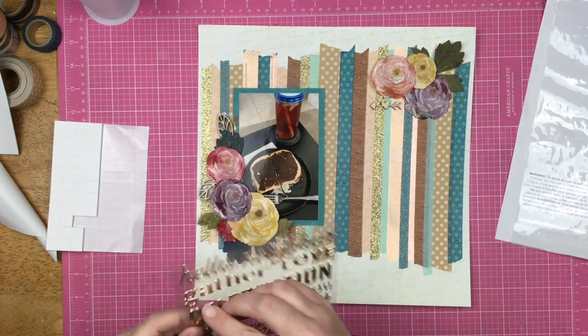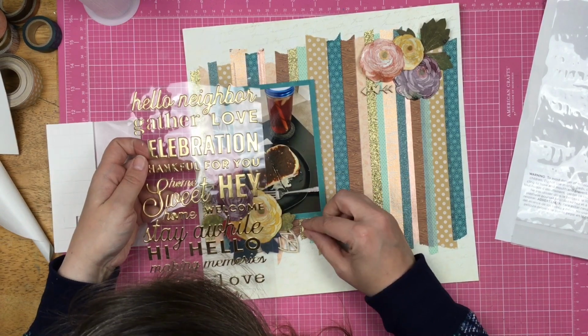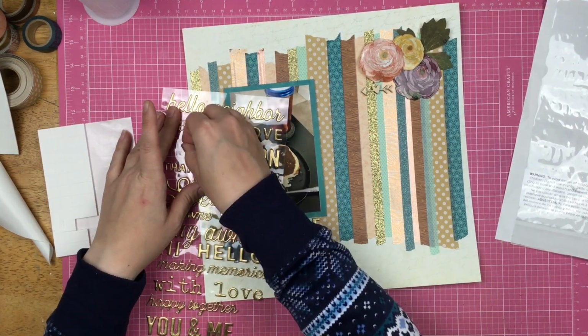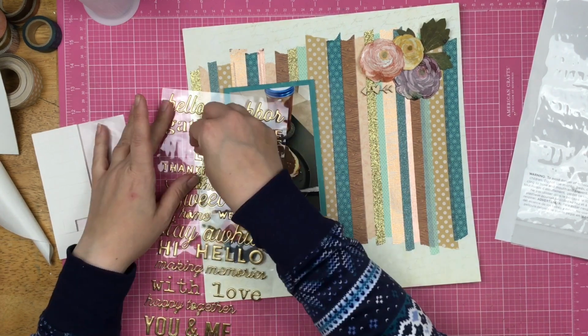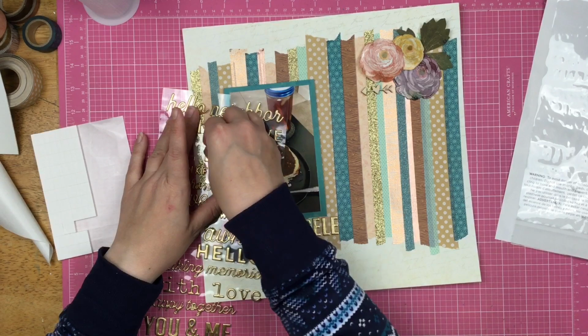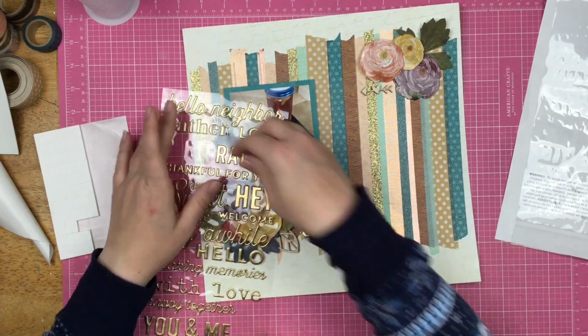And then I decided not to put leaves over here on the right-hand side, but just do this little heart arrow because I felt like something needed to go in that space. I needed to nestle something in that corner of the florals. I do pull out my...